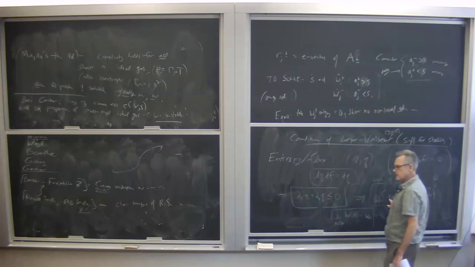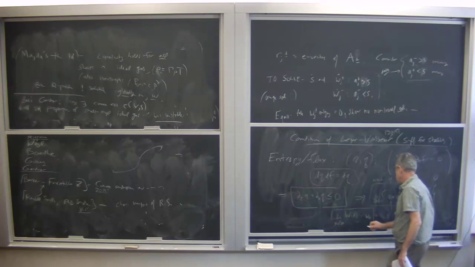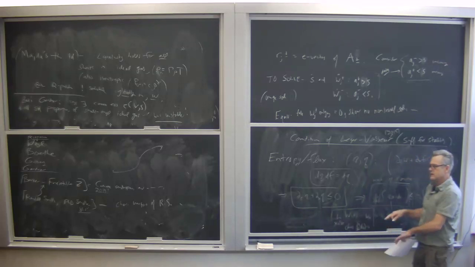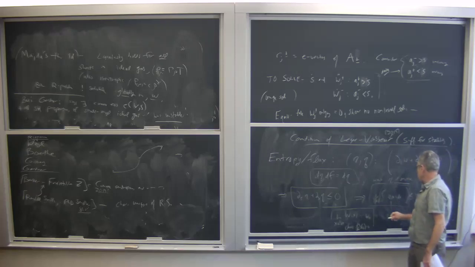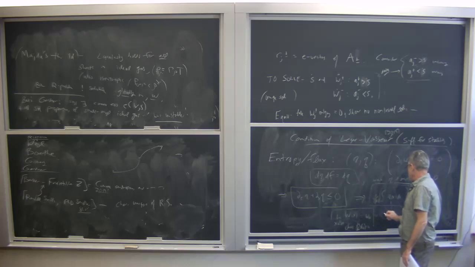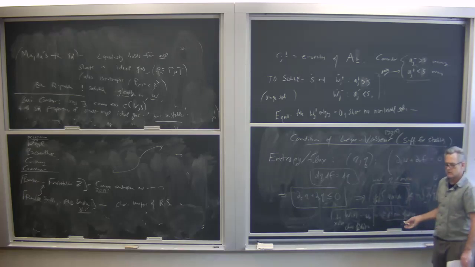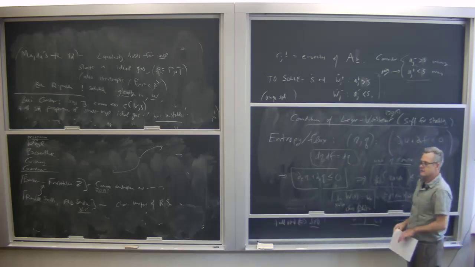And if eta is convex, I can always choose d eta over dw at w naught equals 0 by adding a linear part. I can always renormalize it a bit. And this would be convex, it's equivalent to the L2 norm. So if you have an entropy, it gives you control on the L2 norm and stability of constant solutions.